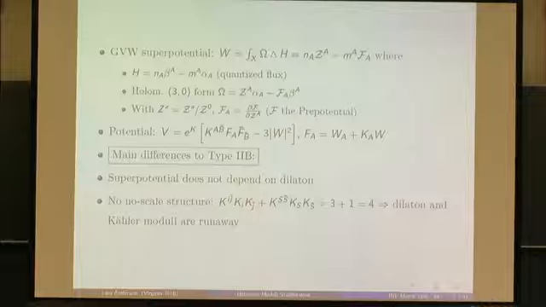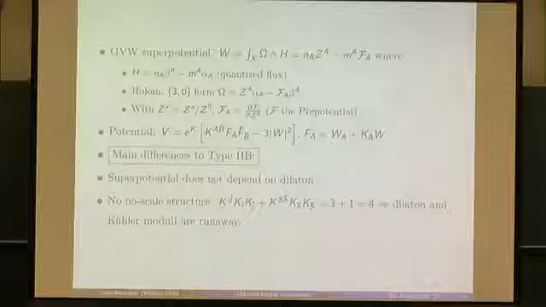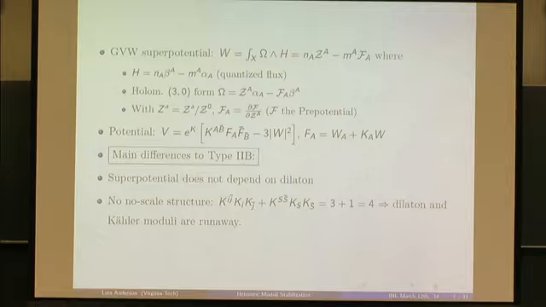Here, omega is the holomorphic 3-form of the Calabi-Yau background. And you can just look at your potential you want to minimize and say, can I find some minima with pure flux in a heterotic background, the same as I did in Roberto's talk. The main differences to type IIB, however: the superpotential does not depend on the dilaton, and